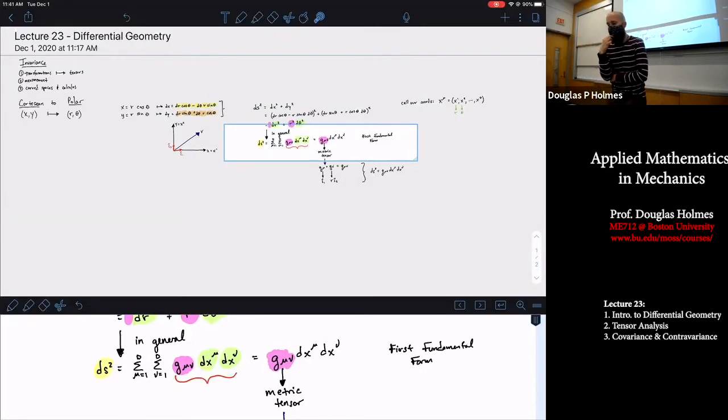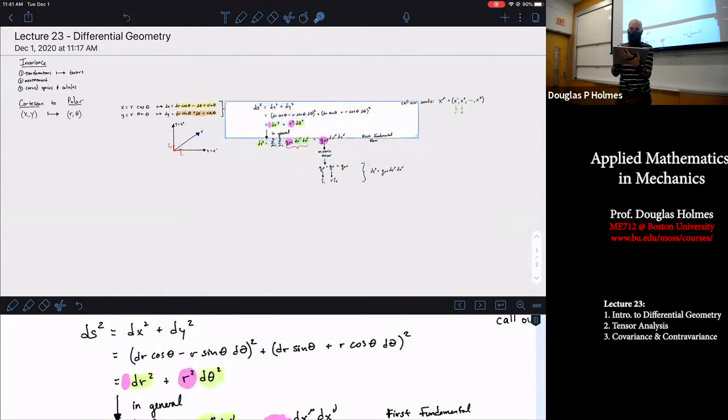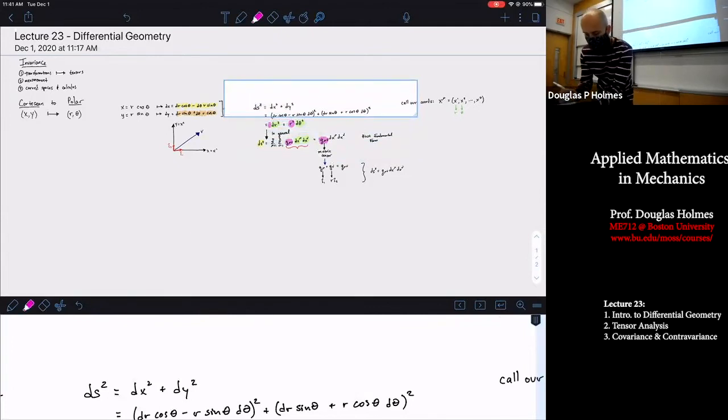Okay, so I need to keep unpacking this to give you some sense of what's happening here. The metric tensor in flat space, and the reason why all this stuff is really simple when you're doing things in Euclidean geometry, is look up here. This has got a prefactor of 1. This has got a prefactor of 1. So the metric tensor, g mu nu, in flat space is exactly equal to